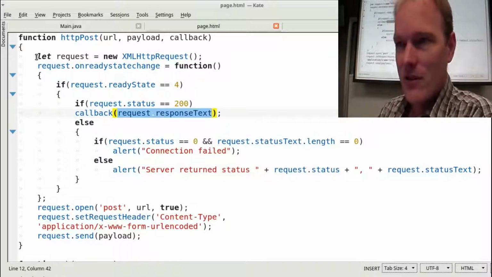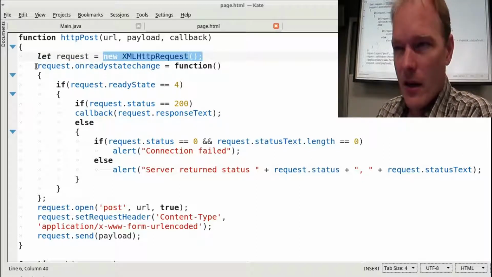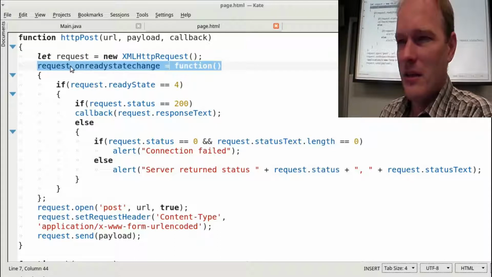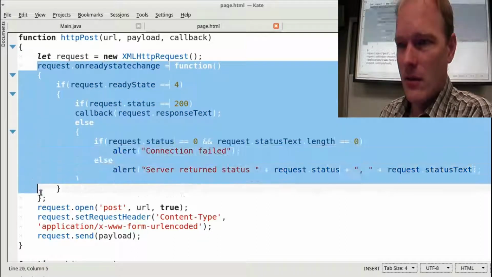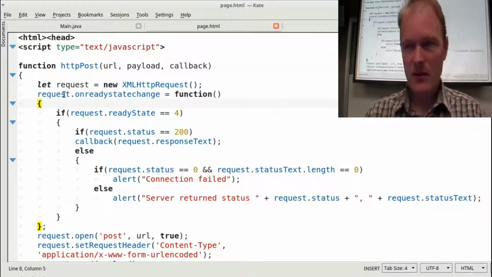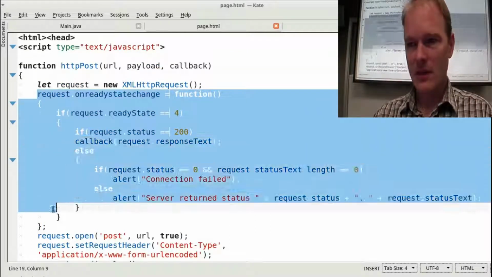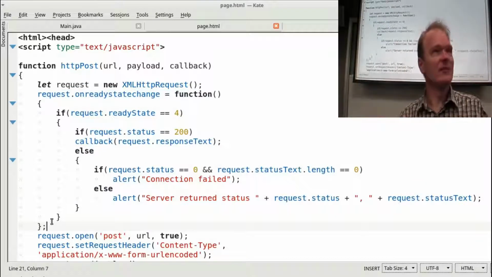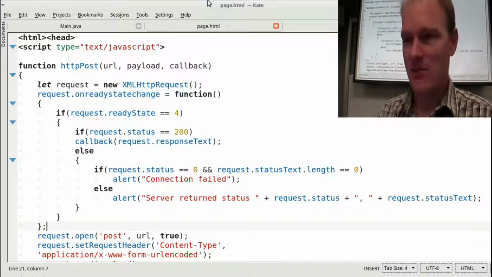Okay. Actually, while we're at it, let's look a little deeper into this function. Notice something. First thing we do is we make a variable that stores an object. And then we say, request.onreadystatechange equals function. What the heck is going on there? Yeah, so this is an anonymous inline function. I'm declaring a function inside of a function. Yikes, right? I mean, nasty, but